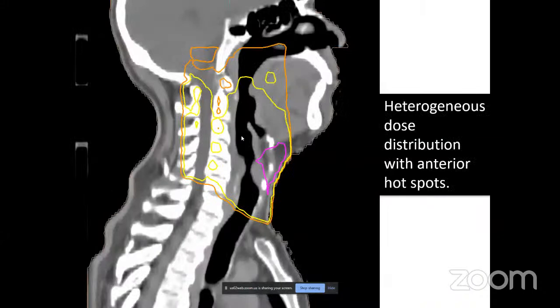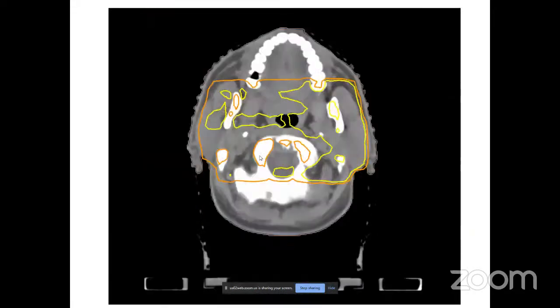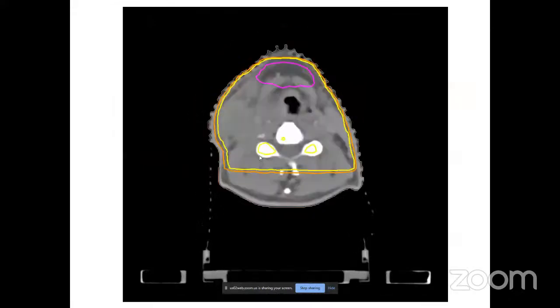But there is a problem in prescription of a dose like that, because we know that in the upper part the distance or depth is more, and in the lower part the depth is less. So we will always see this kind of cold area in the upper part and hot area at the anterior part, because in the anterior neck the depth is less compared to your prescription depth. So this is the upper part transection, and if you look at the anterior part at the laryngeal area or anterior neck, you will see this kind of hot area at the anterior neck.